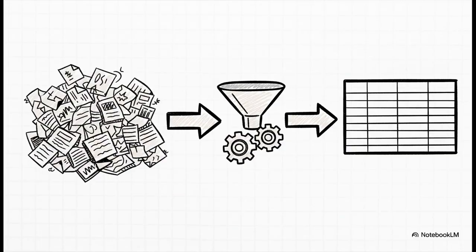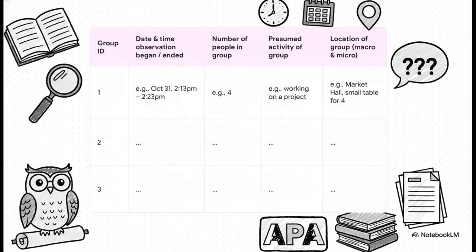All right, let's talk about the results section. This is where your messy field notes get transformed into cold, hard facts. And an APA-formatted table is the absolute perfect tool to present your findings clearly and professionally. In fact, your assignment requires you to report the who, where, and when of your observations in an APA-formatted table. And by the way, I hear the course instructor and TA are both sticklers when it comes to APA formatting. So you know that advice to look up the APA website and follow the guidance there exactly? Yeah, I'd probably take it.